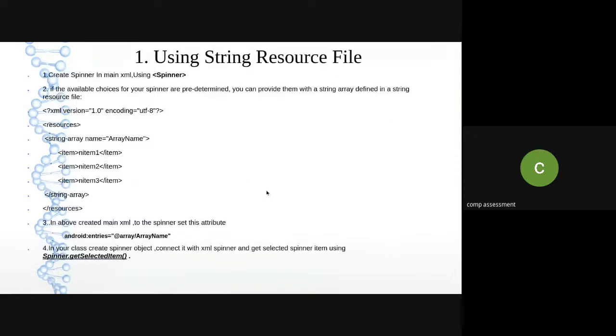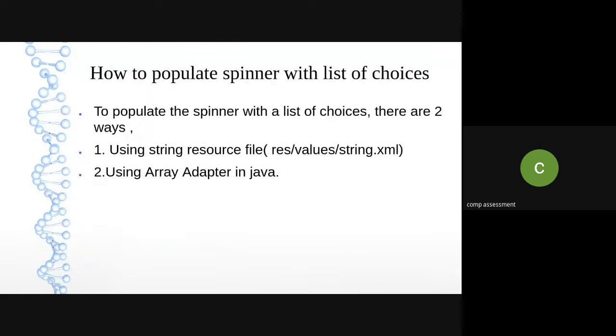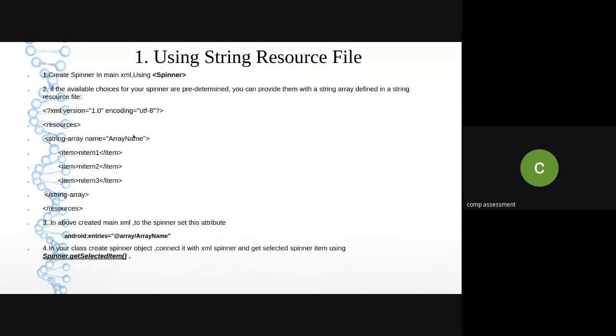So now I will explain first by using the string.xml file. So I hope all of you are able to find the string.xml file. It is located in your resource folder, values, string.xml. I hope all of you found that string.xml file. Now after opening that string.xml file, there are two lines of code auto generated over there already, right? The XML version and resources and all that stuff.